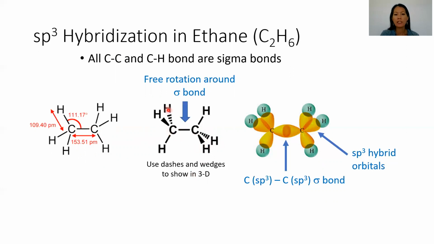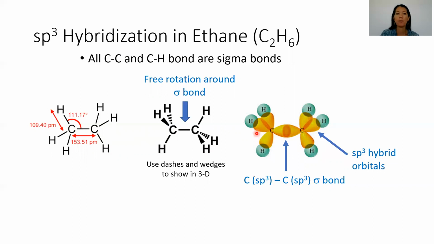Here I just use dashes and wedges to show in 3D. Here I'm showing the orbitals used. So this is the sp3 hybrid orbital. So I show these lobes in yellow. I have the overlap for the CC sigma bond and the overlap for the carbon hydrogen sigma bonds as well,